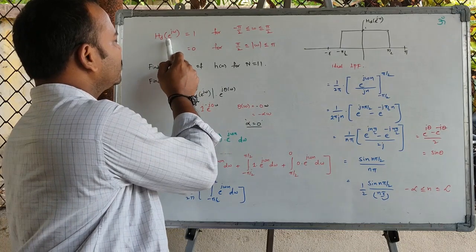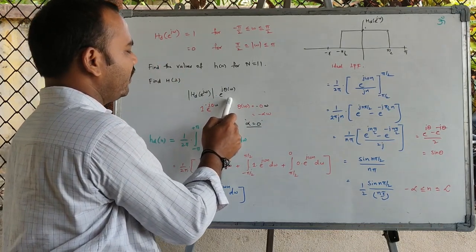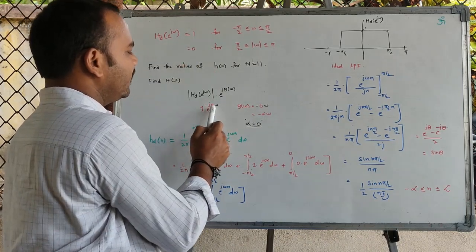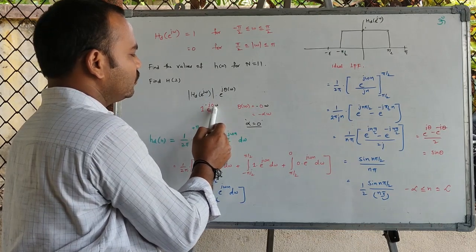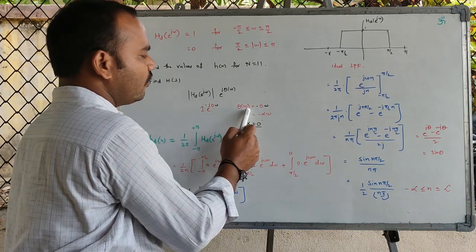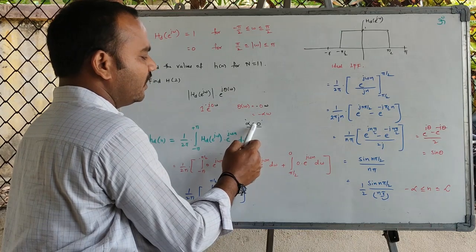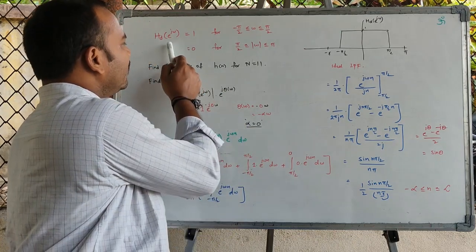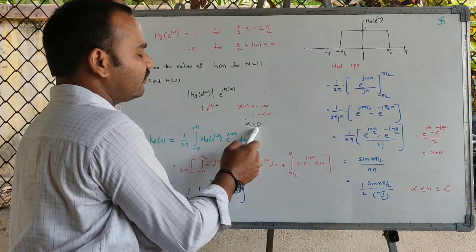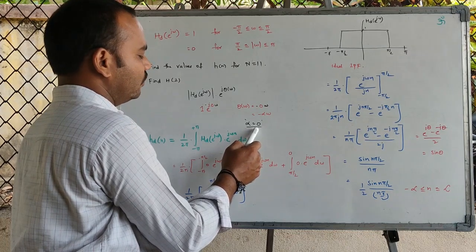Now if we express this desired frequency response in the form of magnitude and corresponding phase, we will see that the magnitude is 1 and the phase is 0. Theta of omega is equal to 0, that is minus j dot 0 dot omega. From this theta of omega equal to 0, we find that alpha is equal to 0, that is, the given frequency response is not an FIR filter. The filter is symmetrical about n equal to 0.